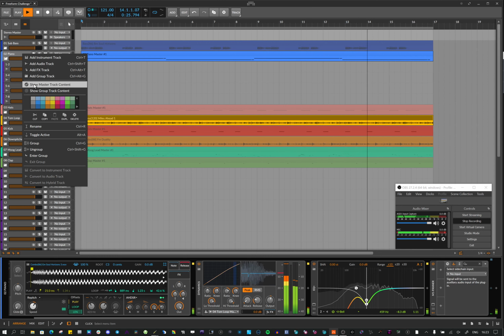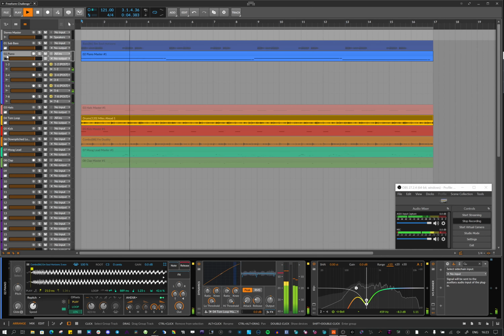If we switch to using show master track content, we can actually use the group tracks as if it's an instrument or audio track. And so here we've got a group track with some MIDI notes on it, and that's triggering this sampler and playing the piano-y chords that you can hear in the background. That ends up entering the Mach1 panner,